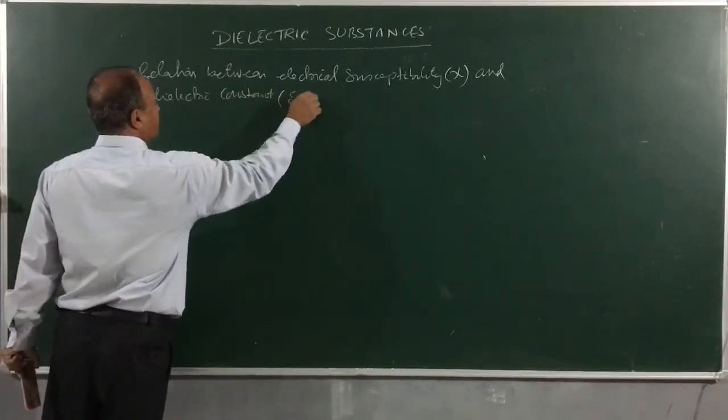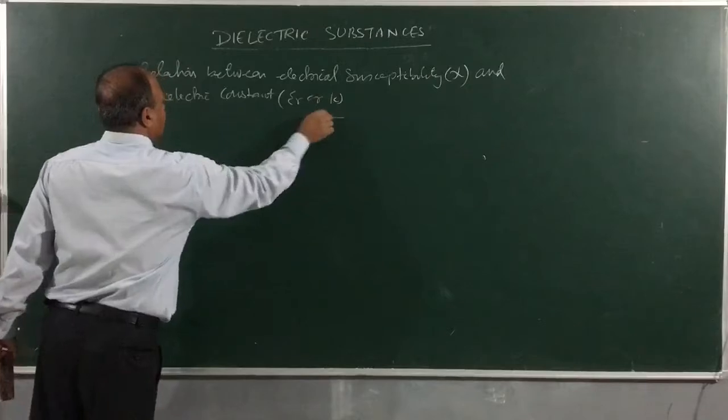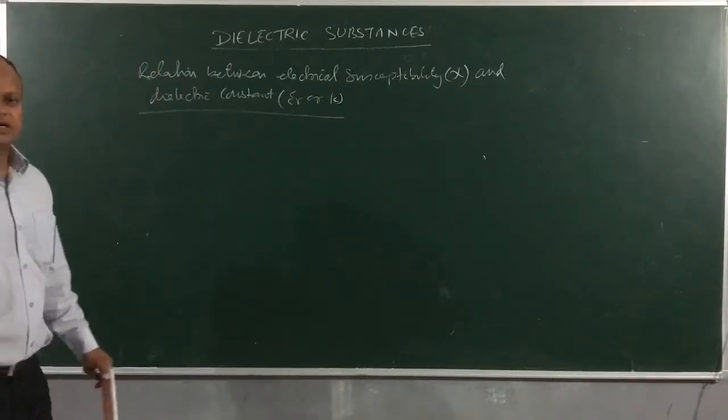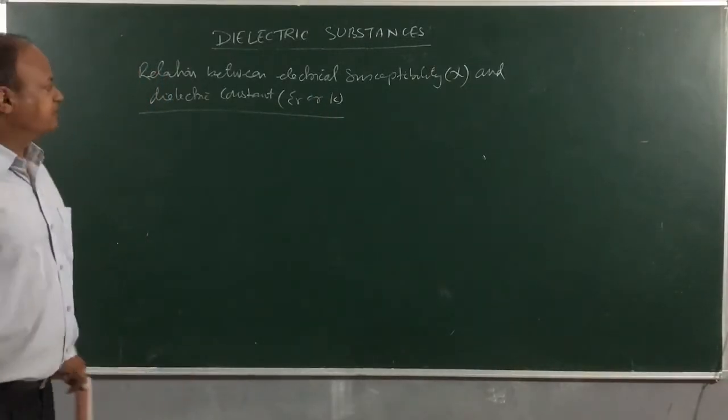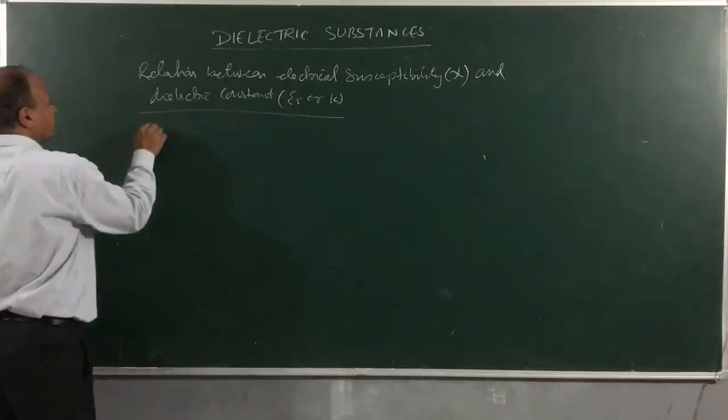You can write epsilon r, you can also write K. Any of these two symbols you can use for dielectric constant. Let's do this, children. We know